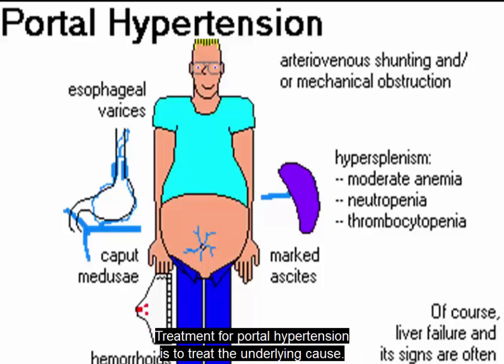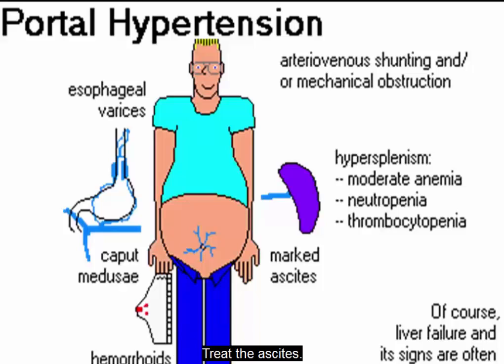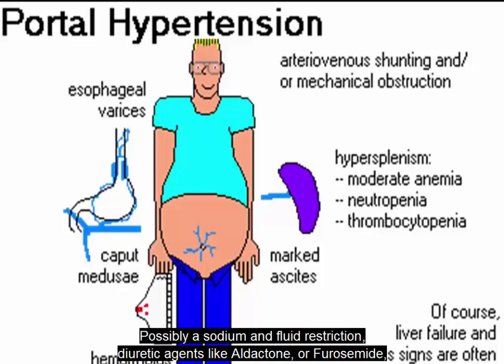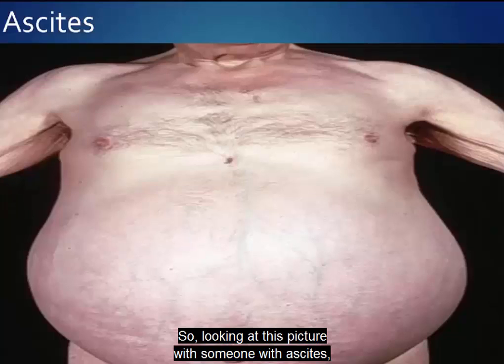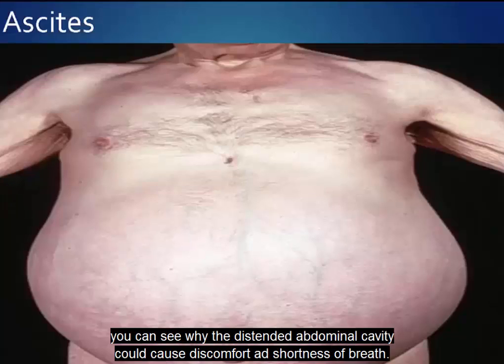Treatment for portal hypertension is to treat the underlying cause. Treat the ascites, possibly with a sodium and fluid restriction, diuretic agents like Aldactone or furosemide, albumin therapy, or paracentesis. So looking at this picture of someone with ascites, you can see why the distended abdominal cavity could cause discomfort